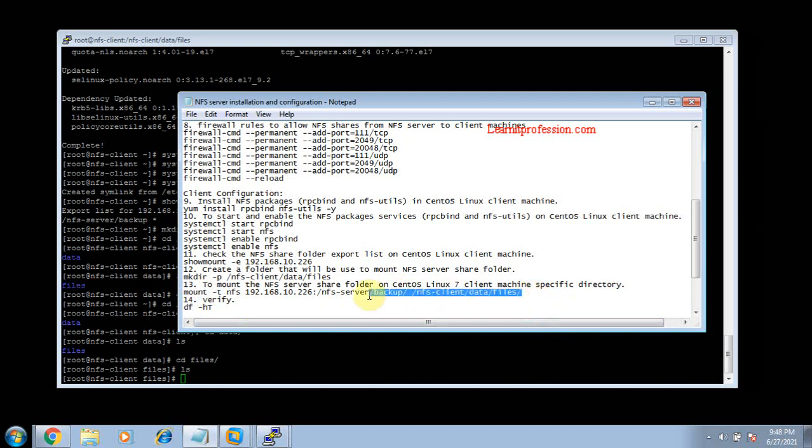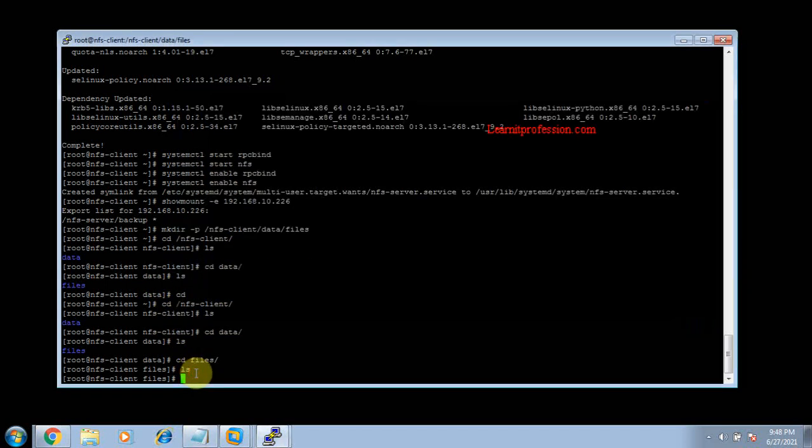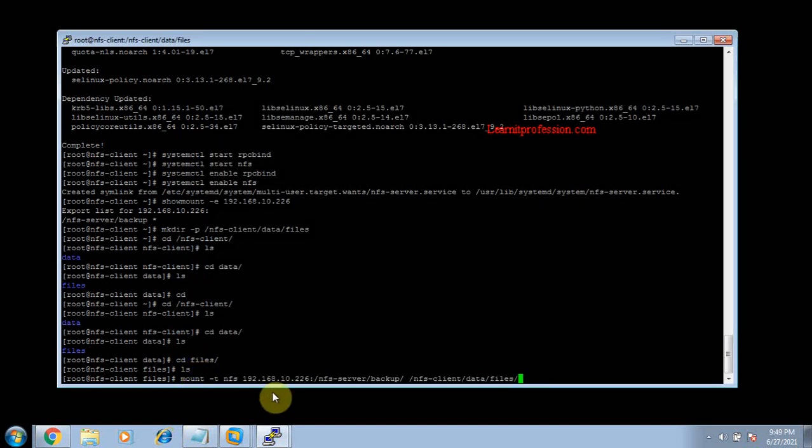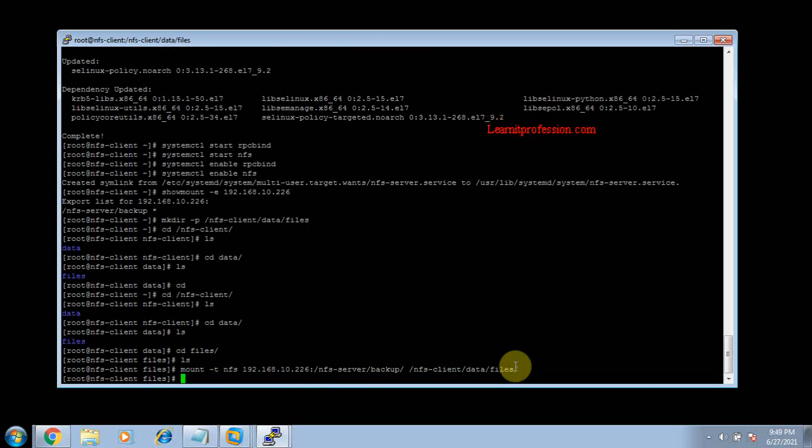The whole command to mount the NFS server share on the client machine is mount -t nfs, the IP of the NFS server, that is 192.168.10.226, and the format you can see here, the colon /nfs-server/backup, space, the mount point of the client machine, that is /nfs-client/data/files. Just press enter.